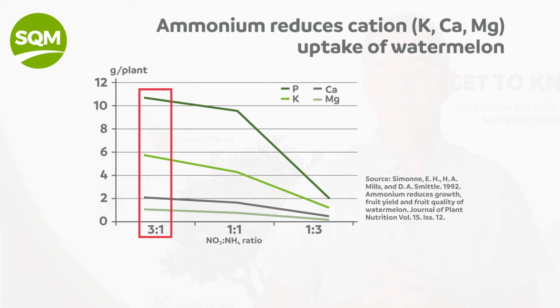And what you can see for the potassium and the calcium and the magnesium is the synergistic effect of the higher nitrate versus ammonium on the left. And as your ammonium increases, you can see that the uptake of your cations, potassium, calcium and magnesium, decreases dramatically. The differences in ammonium and nitrate nutrition will also affect the vulnerability of roots to heat stresses.